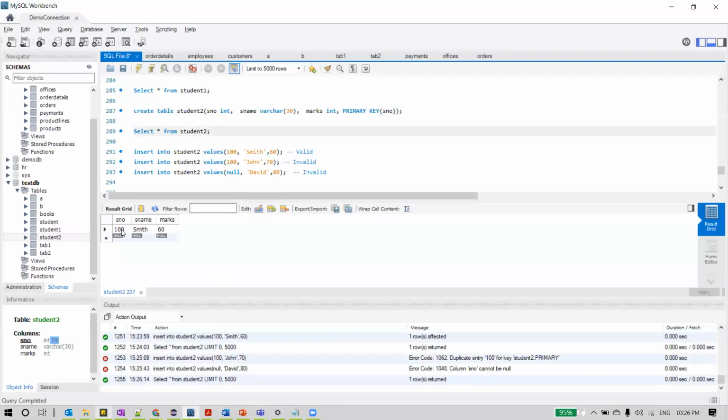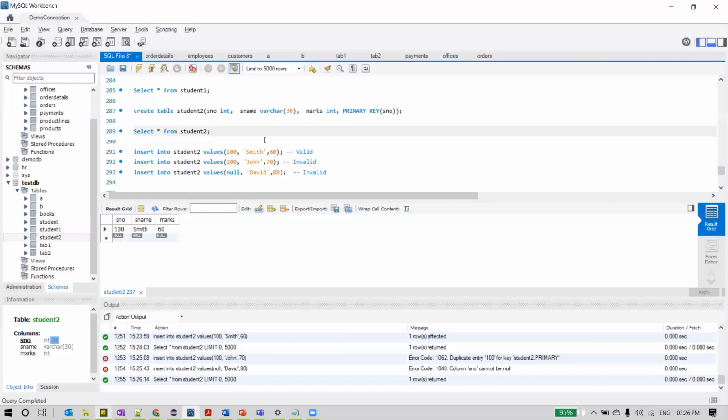And if you observe, we have only one row inserted into this table. This is all about primary key. So, very important from the interview point of view: what is a primary key? A primary key is a combination of unique values and not null. A primary key will not accept null. A primary key is defined as not null and unique. It will accept only unique values, and it can't have null values is what we should be answering.